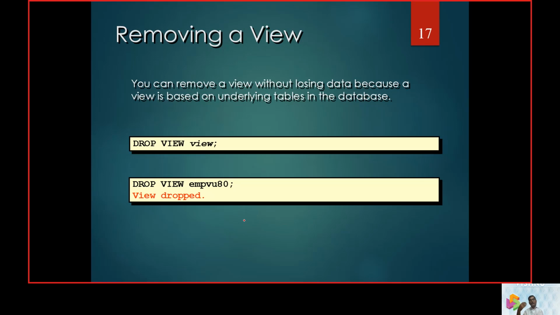Okay, we created a view, we operated a view, we altered a view, and we modified a view. Now it is up to us how we can drop a view, that is, how we can delete the view. We call it DROP followed by the view name. So we created a view called employee 80, so DROP VIEW followed by the view name. That is how we can work with the view commands.